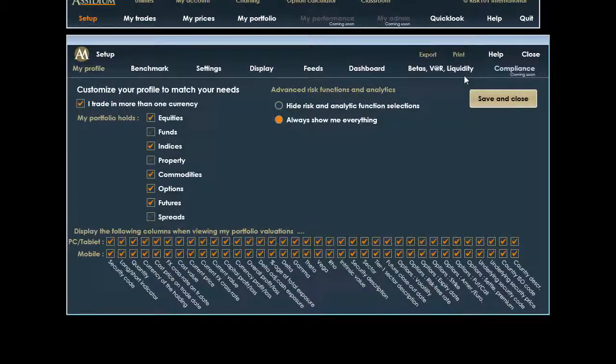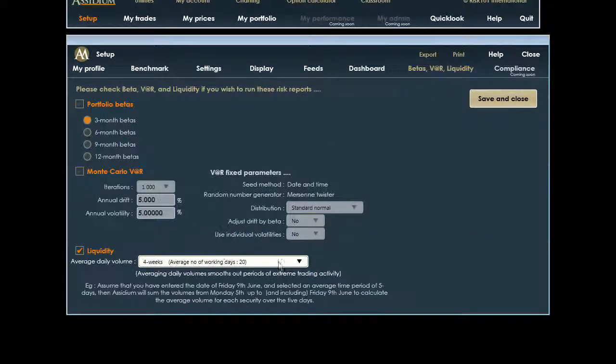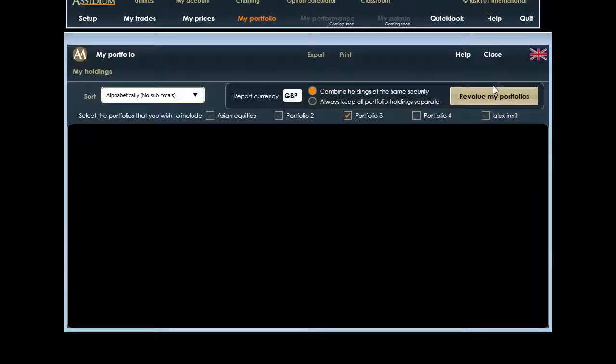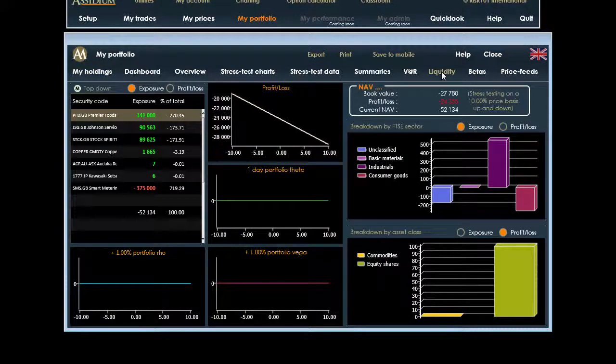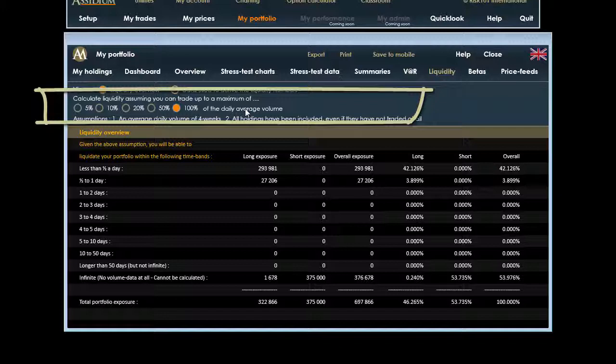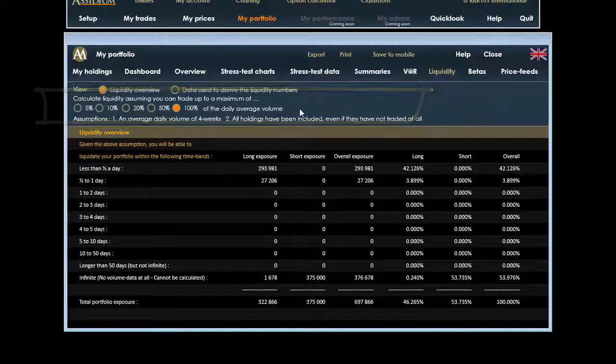Assidium looks back over the period that you selected in the setup screens and averages the trade volume data for each share for each trading day. Then it calculates the percentage of that volume that you believe you can trade per day. You set that here within the output screen. Then the number of shares you hold are divided by that factor. This procedure is performed on merged holdings, which means that any derivatives are collapsed down into their delta-adjusted exposure in